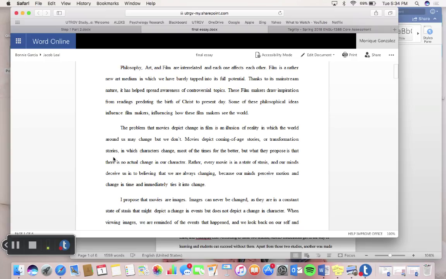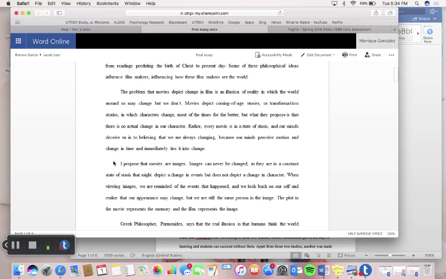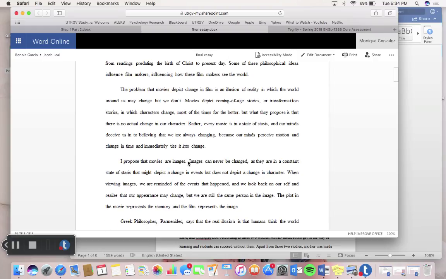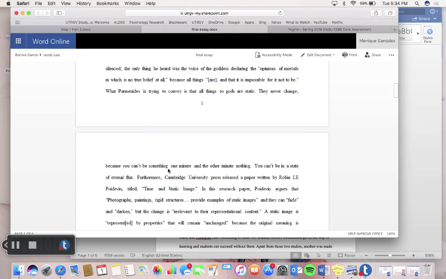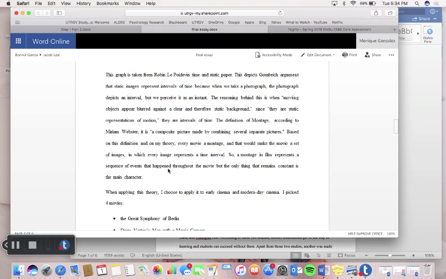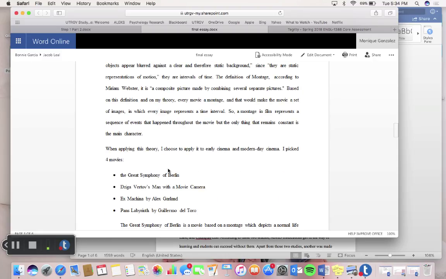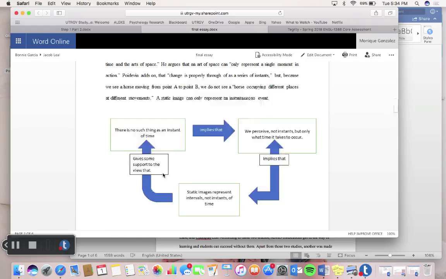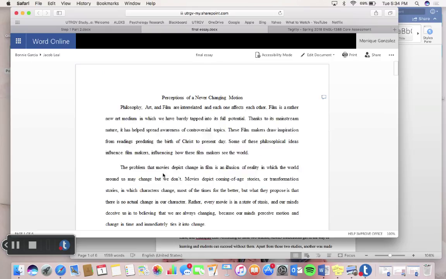And then I asked Bonnie to help me out a little bit, and after she explained to me how to change the beginning of paragraphs, I really got it, and it just came natural to me, and I really enjoyed editing papers. I honestly didn't want to switch to different tasks. I wanted to stay on this editing group because I really enjoyed it. And that is all. Thank you.